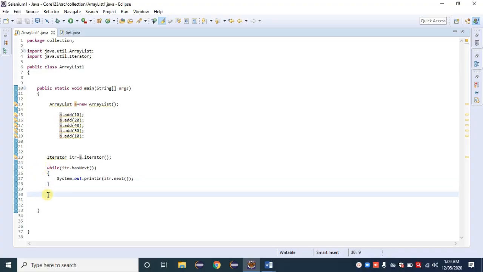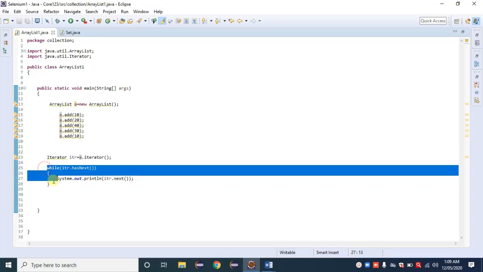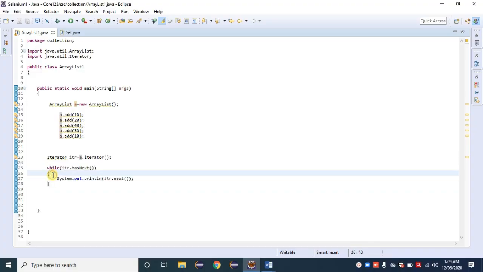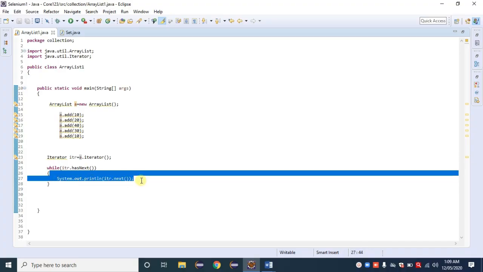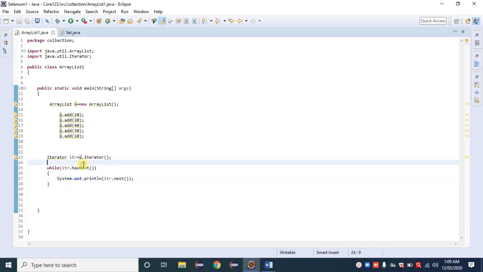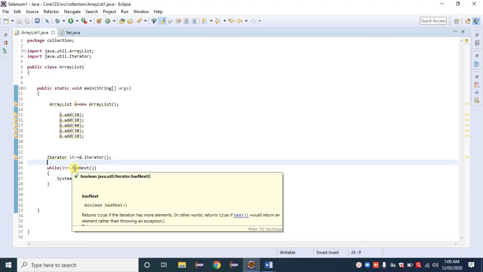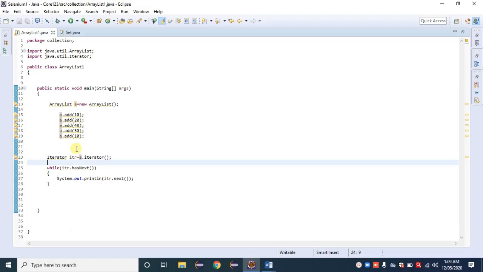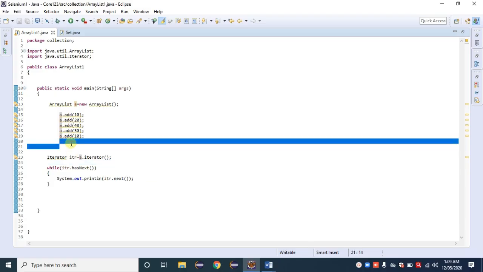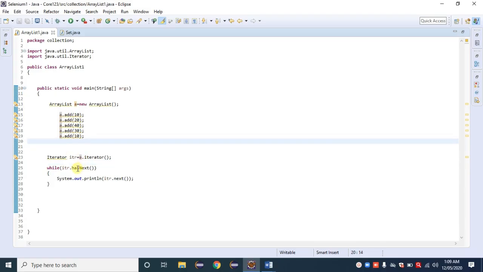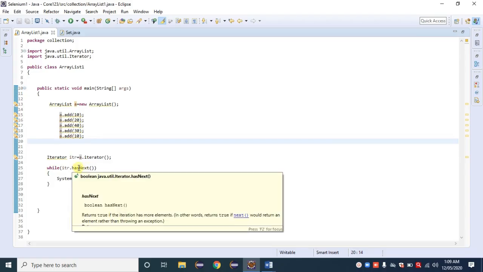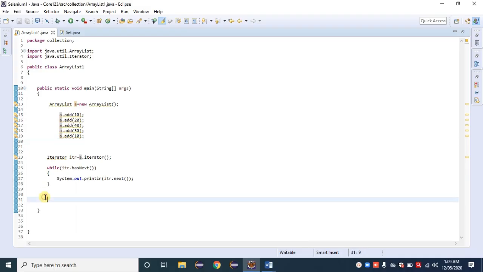Why are we using a while loop rather than a for loop? Because we need to execute this code a number of times by using a given condition. hasNext is a condition, true or false. If the next value is available, then it is true, and then that loop gets executed. Right now, after 10 there is no value available inside that itr list. There is no value available. Then it returns false, and then automatically it comes outside of that loop.